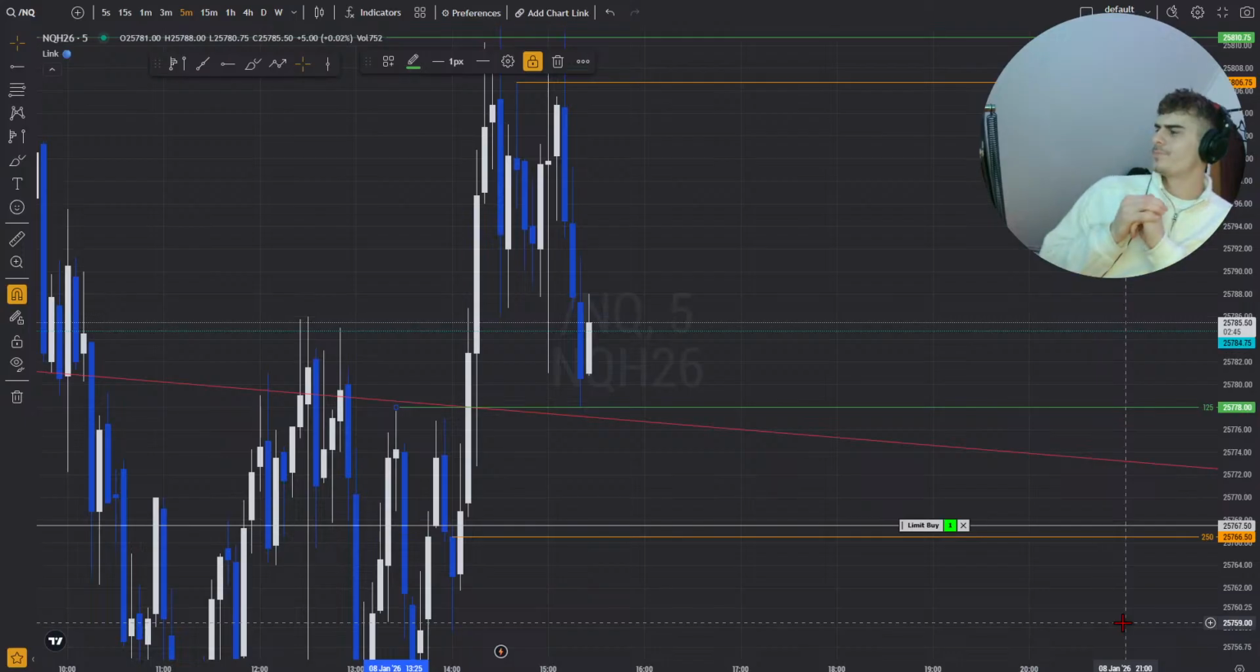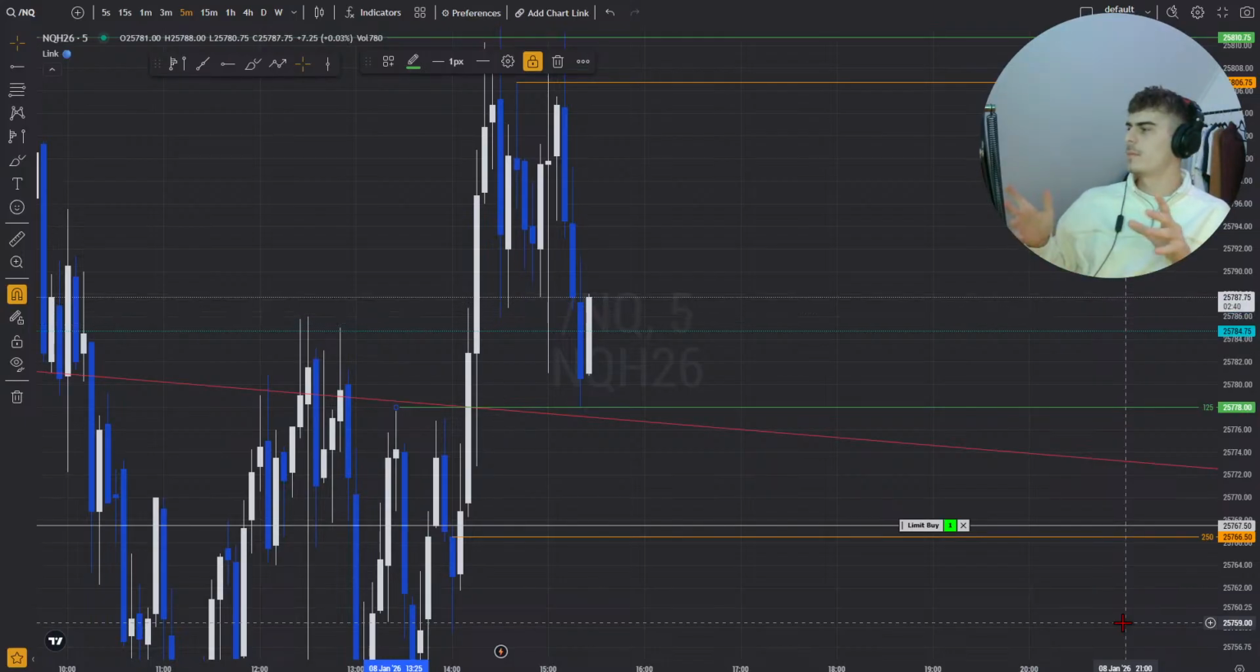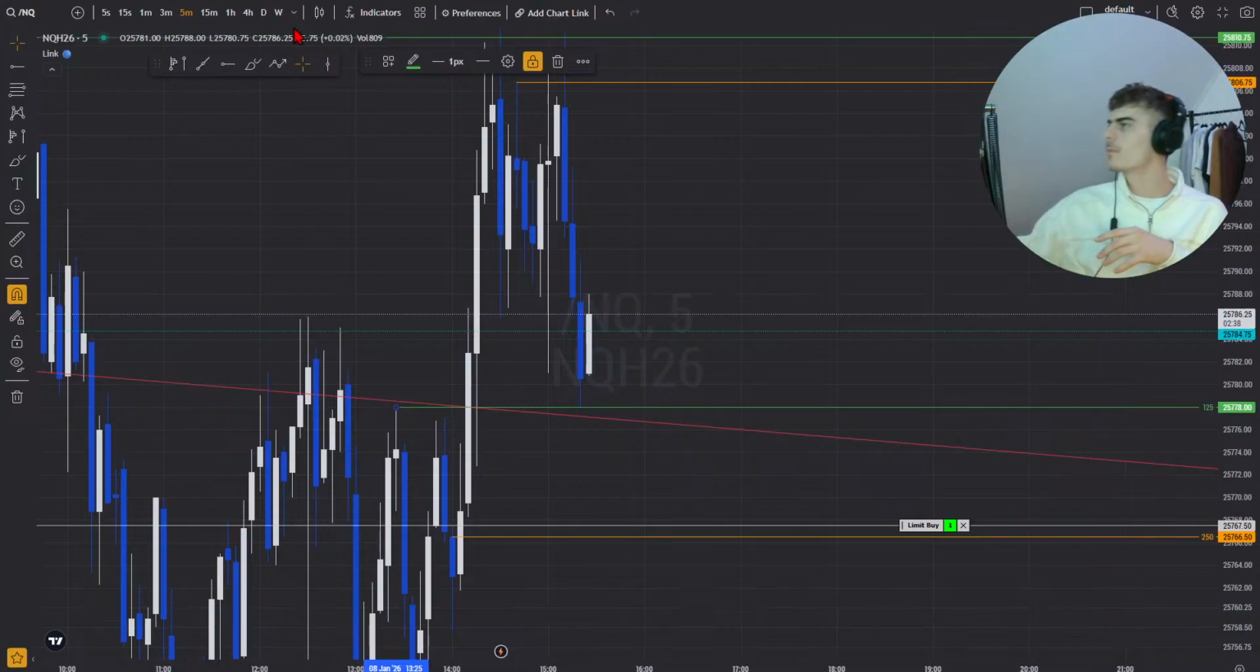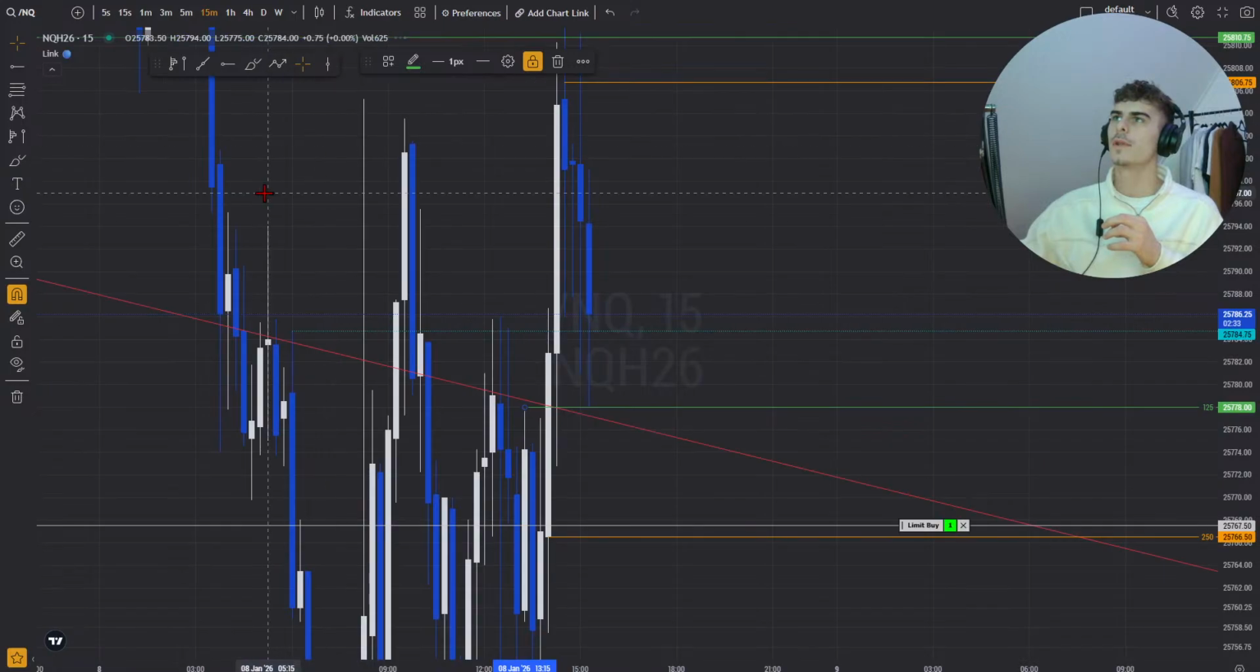So what levels are you looking at? So at what, 15 minutes? Closed liquidity is a 15-minute gap. So what kind of